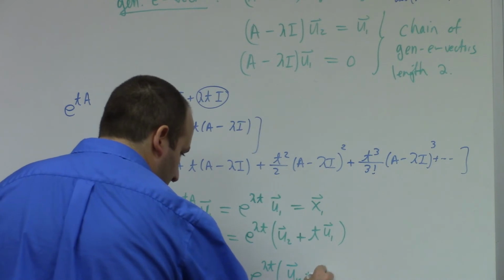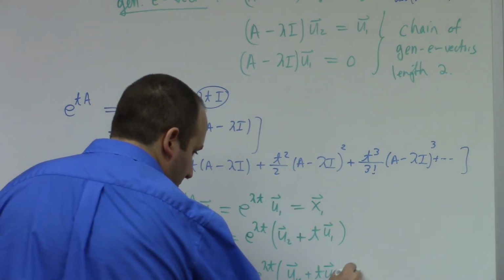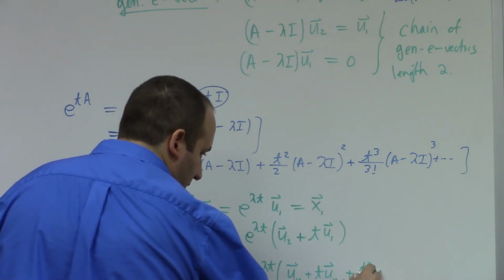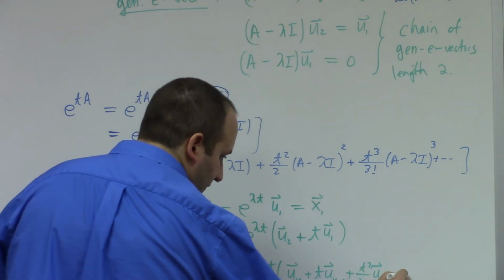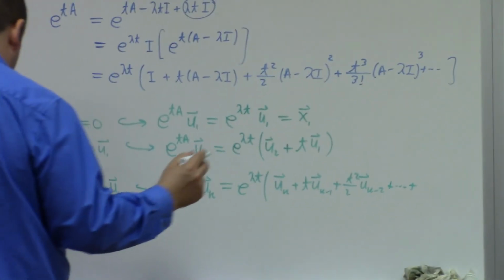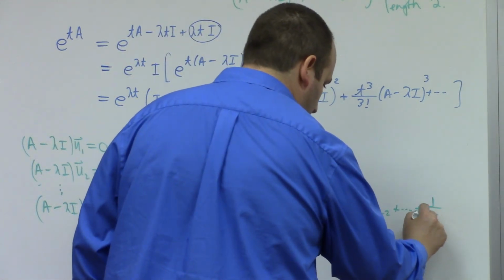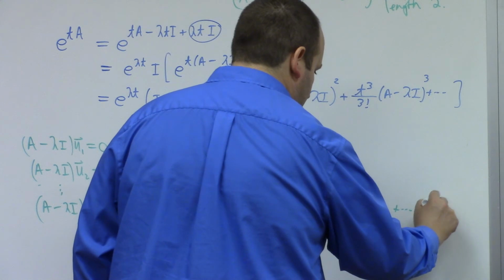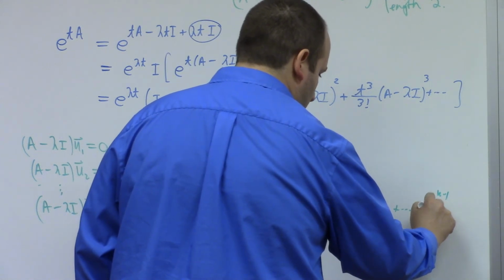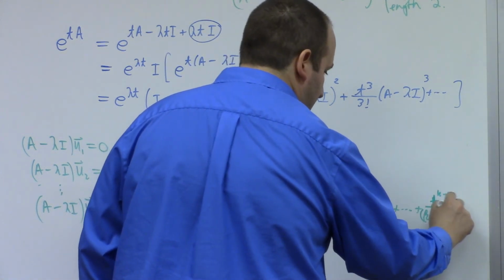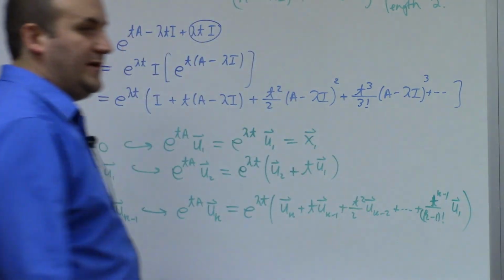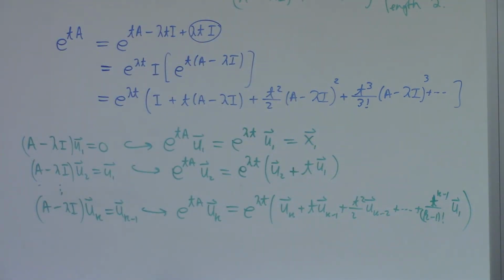Then I would have plus t times u(k minus 1), plus t squared over 2 times u(k minus 2), and so forth and so on until I got to 1 over (k minus 1) factorial, t to the k minus 1, and my eigenvector at the bottom of the chain, u1, or the top of the chain, depending on how I look at it. So I can find these chains of generalized eigenvectors for an arbitrary,